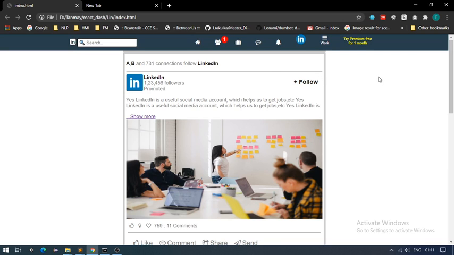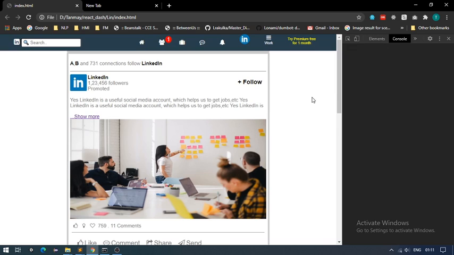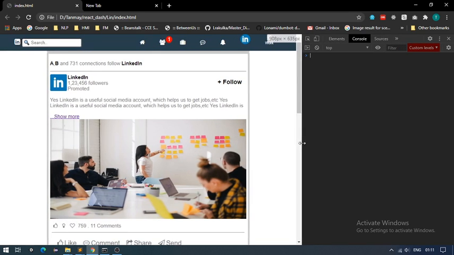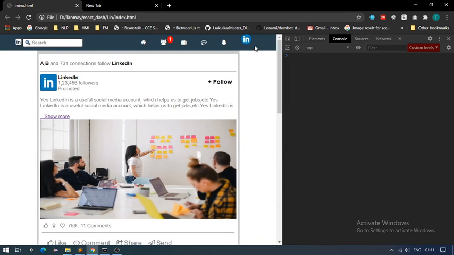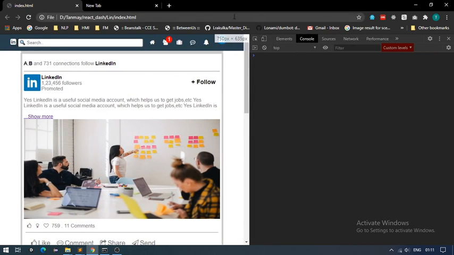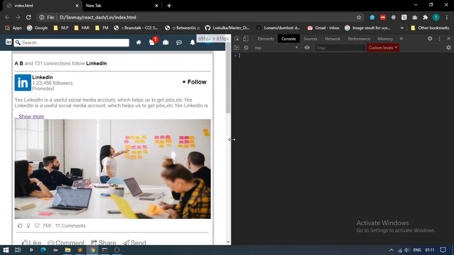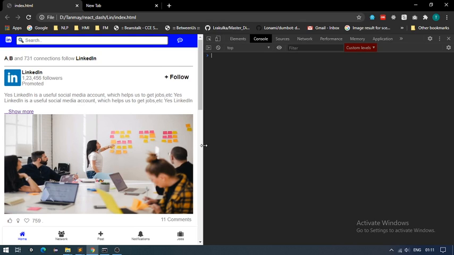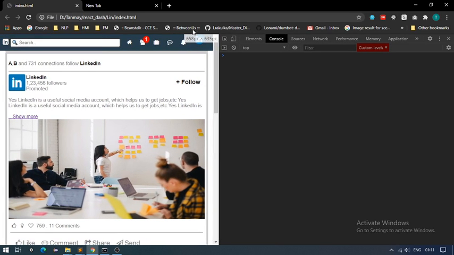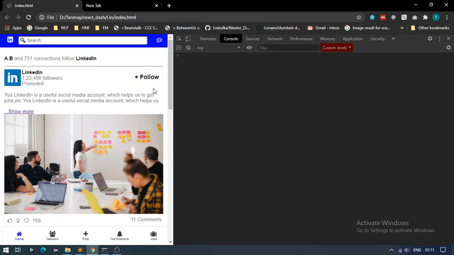As this site is responsive, I just press Ctrl Shift J on my keyboard, and here you can test the responsiveness by expanding or contracting this tab. Just for demo purposes I have given the pixel size so small so that you can have a similar mobile view look here. It won't be as perfect on mobile, but you can configure that on your own. Just for demo purposes I have shrunk this more so that you can get a perfect mobile view. Anyways, we will look at it later in the tutorial.